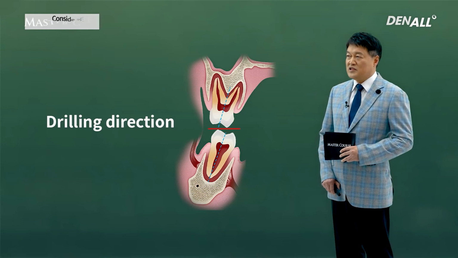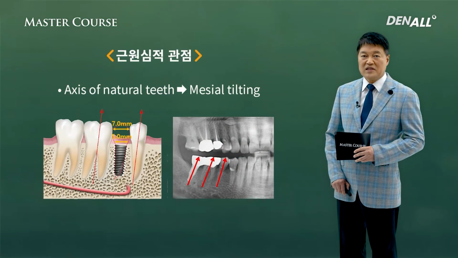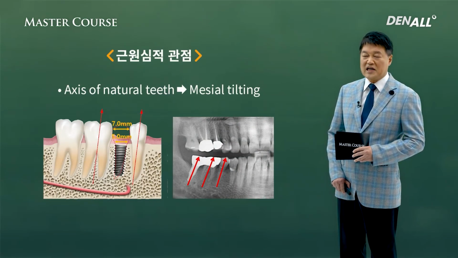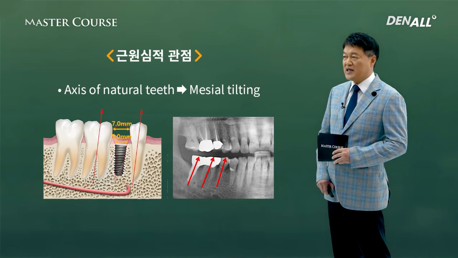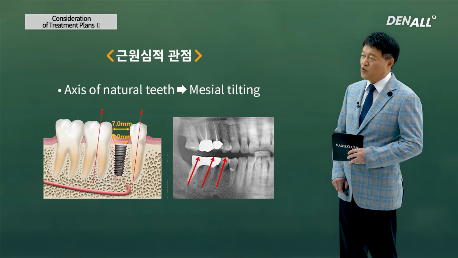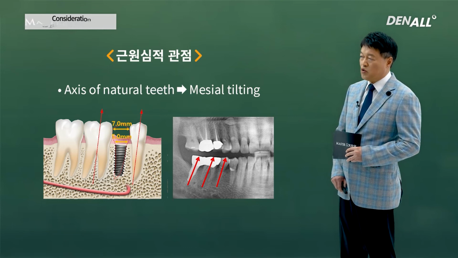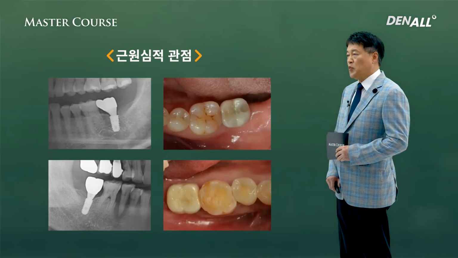Let's look at buccolingual placement, position and angle. Drilling direction should be considered from mesiodistal and buccolingual perspectives. In general, mesial tilting is required to resemble the axis of natural teeth. The placement angle needs to resemble adjacent natural teeth, so you need to get that angle. As you can see,